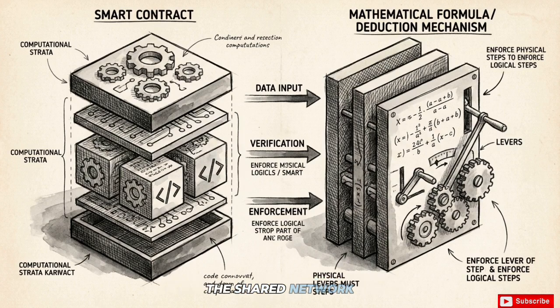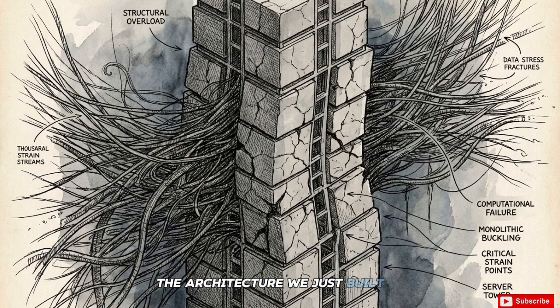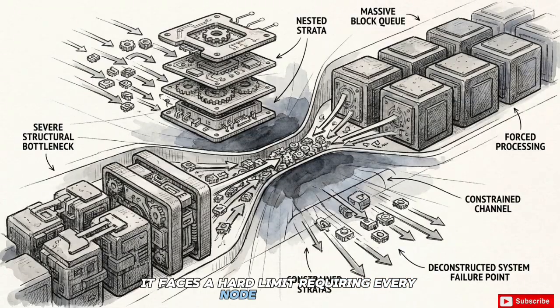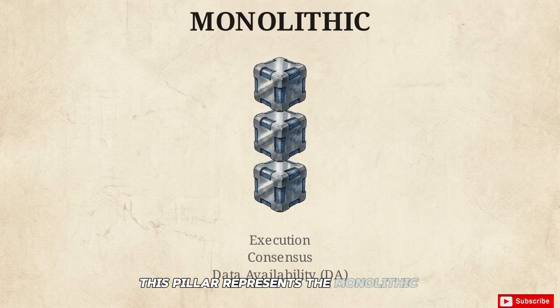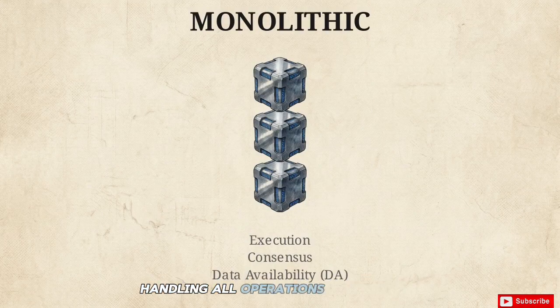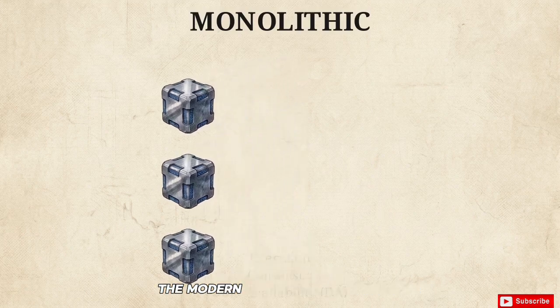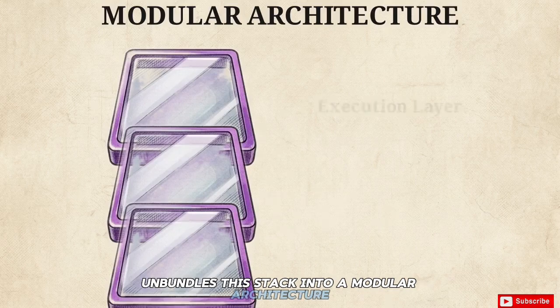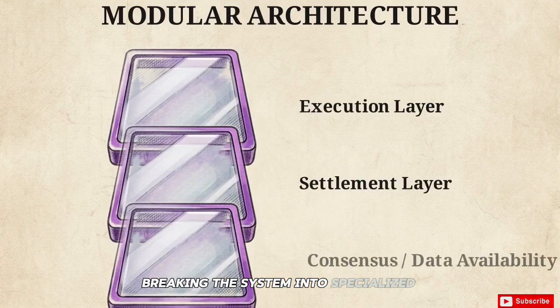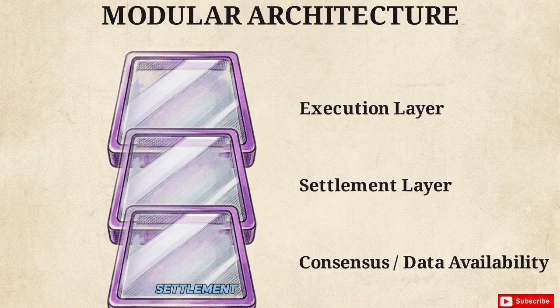abuse the shared network. The architecture we just built is entirely functional, but as a monolithic system, it faces a hard limit. Requiring every node to execute every single transaction on the EVM caps the network's total throughput to the speed of an individual node. This pillar represents the monolithic model, handling all operations in one place. The modern engineering solution unbundles this stack into a modular architecture, breaking the system into specialized execution, settlement, and consensus